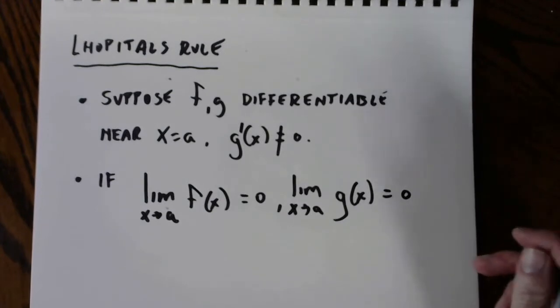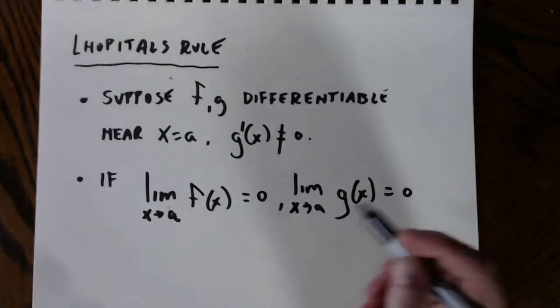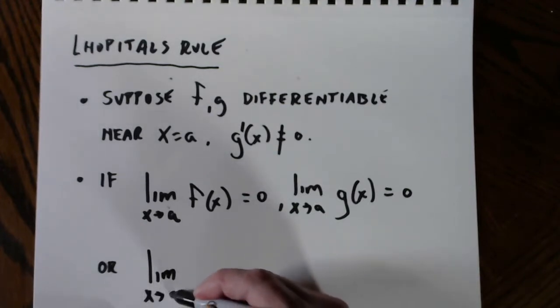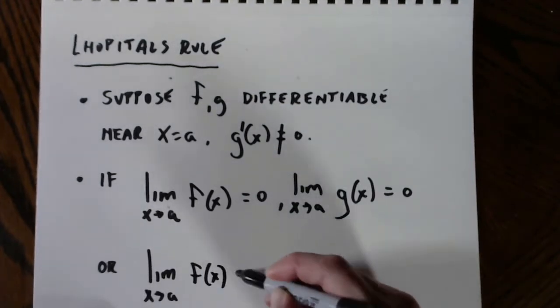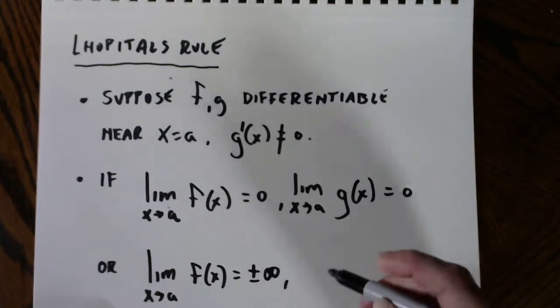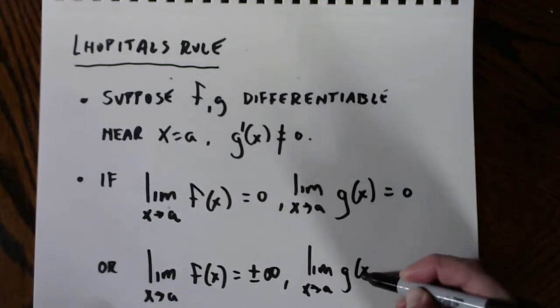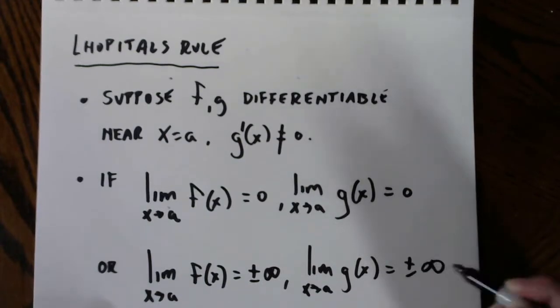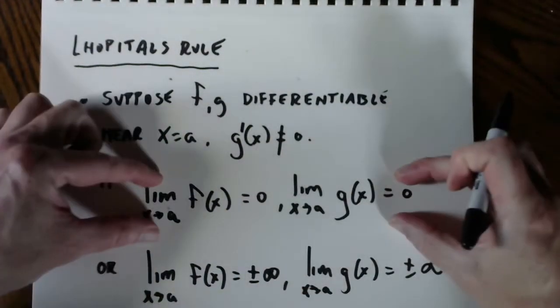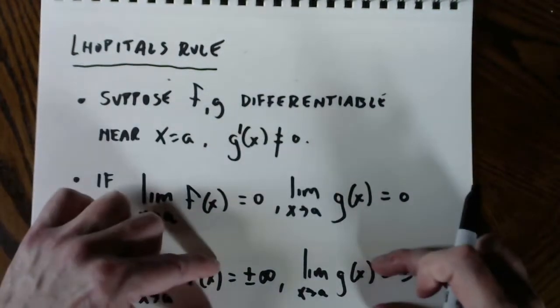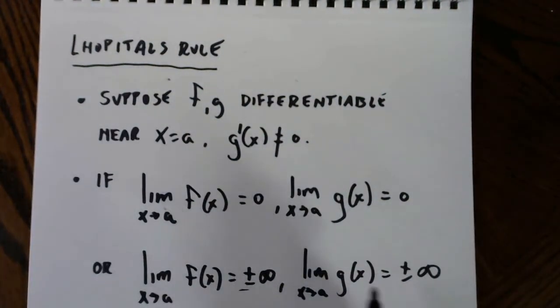Okay, so if you have this situation, either f and g both go to 0, or f and g both go to infinity. All right, one of these two cases, this case or this case. No mixing and matching here, okay? This case or this case. And notice again, the sign is not really